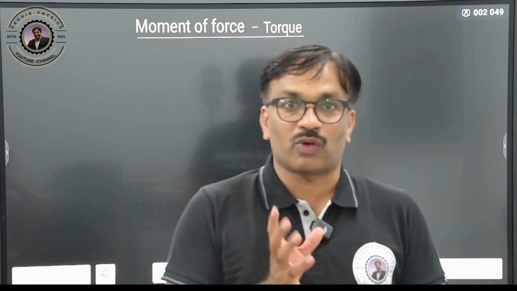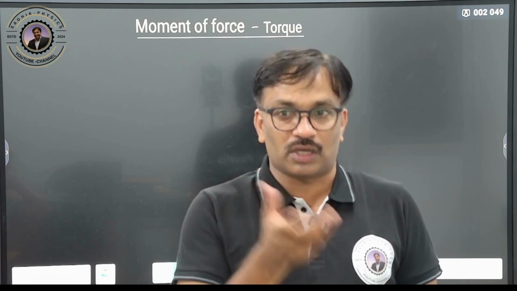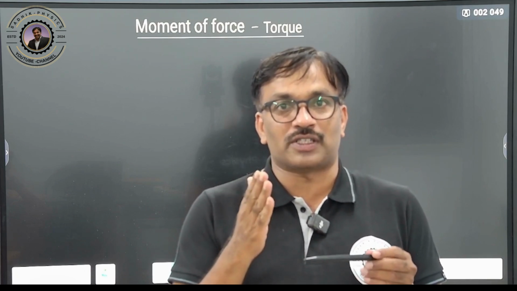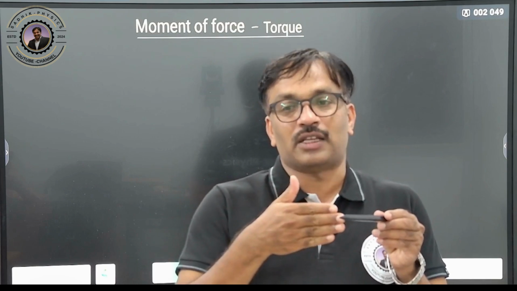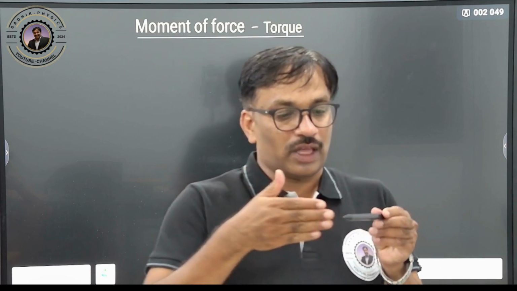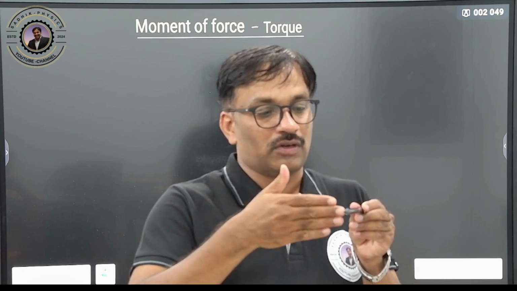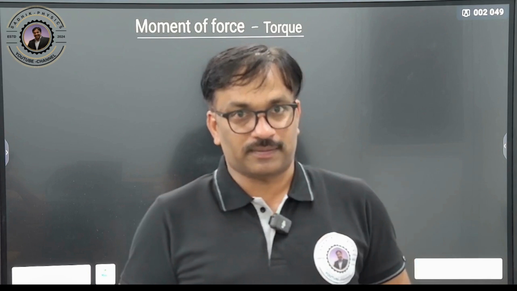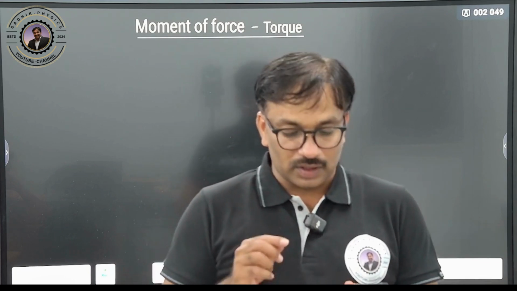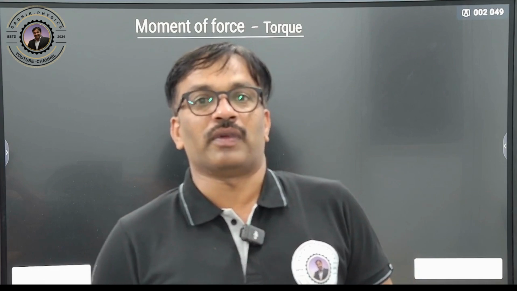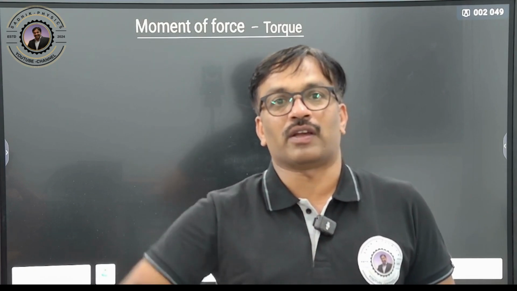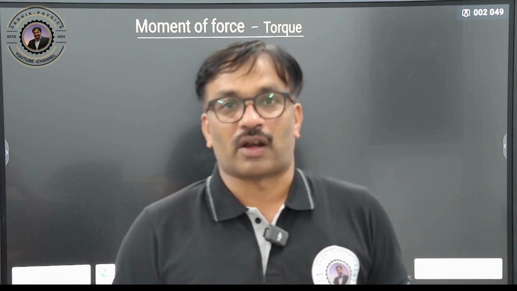So what is required to make an object turn? Here, force alone is not sufficient; it needs force and perpendicular distance. If you exert the force, this object will be able to rotate like this. You are understanding? So if you want to make an object rotate, we compulsorily require torque,